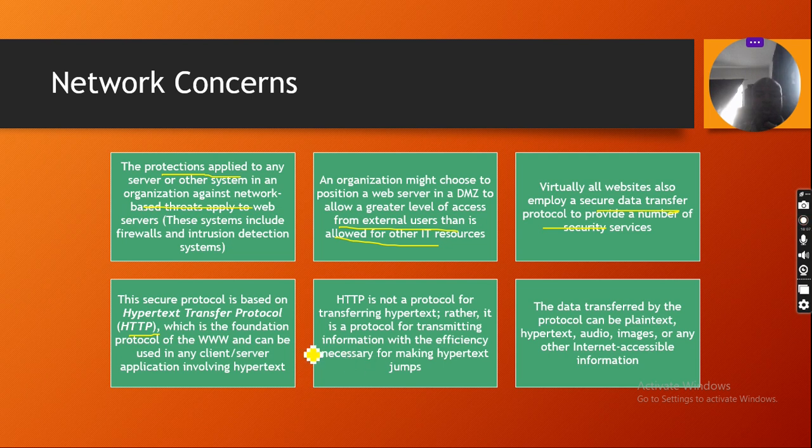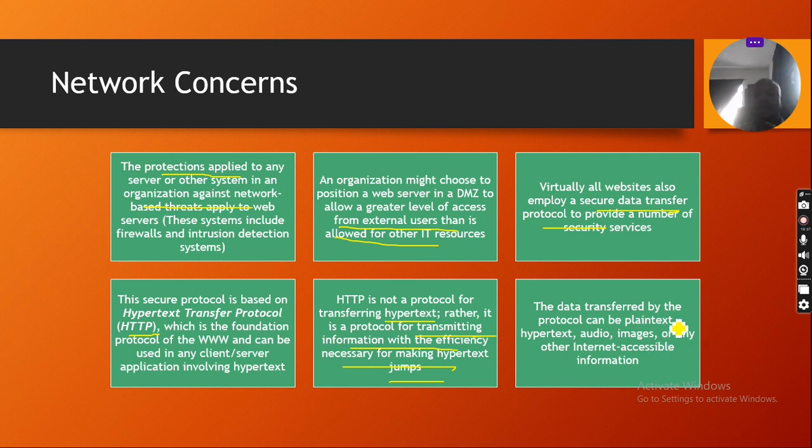Now HTTP is a protocol for transmitting information, not really for transferring hypertext itself. We use it for transmitting information with the efficiency necessary to enable hypertext to jump to the next level.